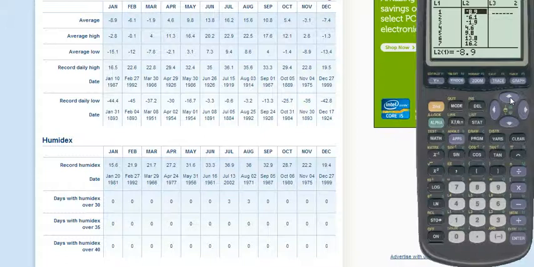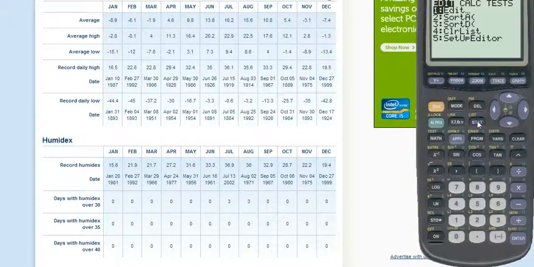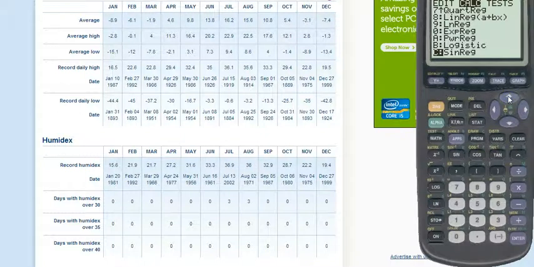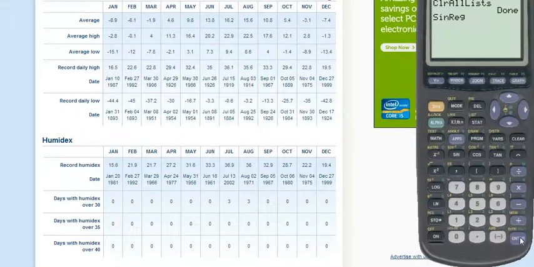Okay, ready to regress? Stat, over to calc. Up arrow, because sine reg is at the very bottom of the list. We're going to run a sine regression. We hit enter. We want to put it into y1, so we hit the vars key, we arrow over to y vars, we hit enter twice. So this is what should be sitting in our calculator, right? Sine reg